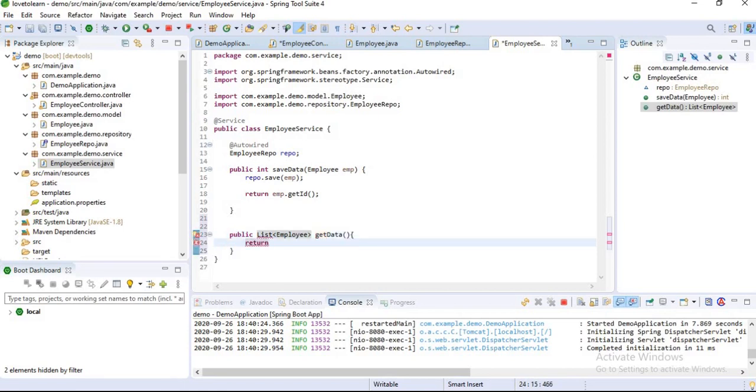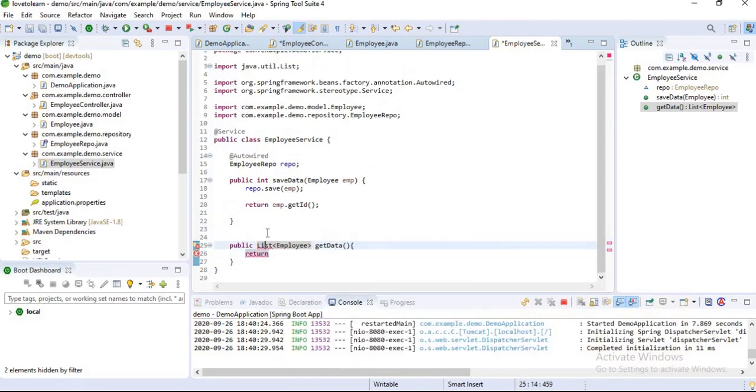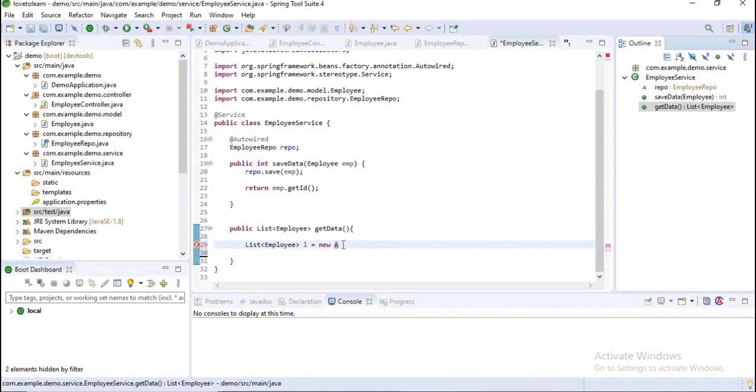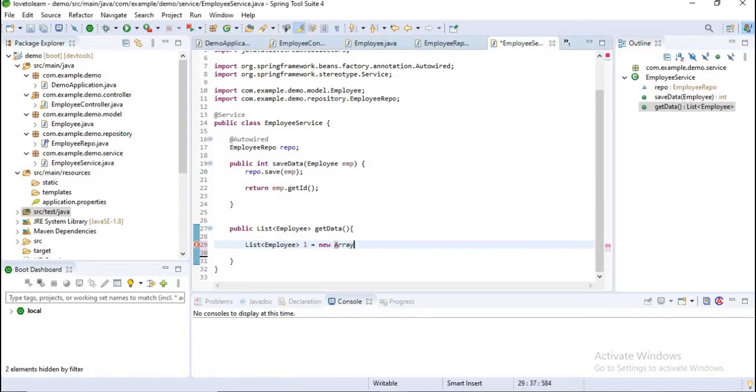Return, first of all I want to create a list for returning to controller. Let's create a list here. List employee equal to new array list of employee, and let's get our data from database to our list.